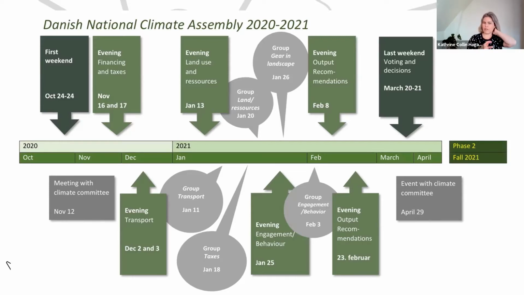And then they have been meeting in the gray bubbles, thematic groups, where part of the assembly members, 20 or 10 or 8 assembly members, were divided into groups working with, for instance, transport, farming, engagement, and